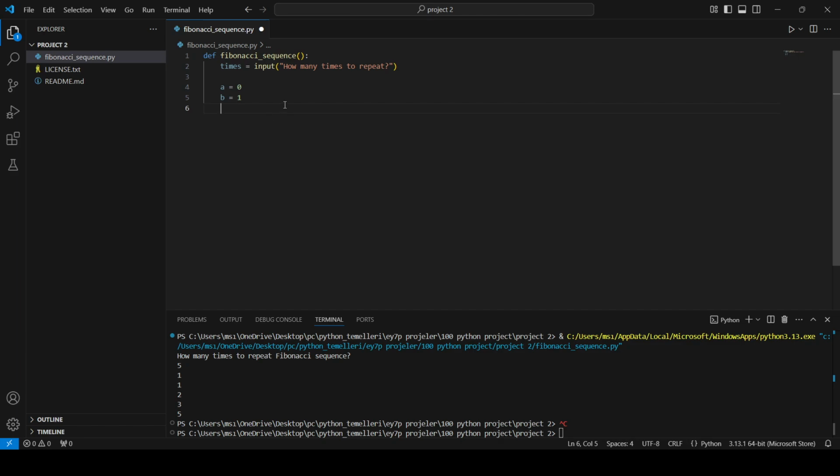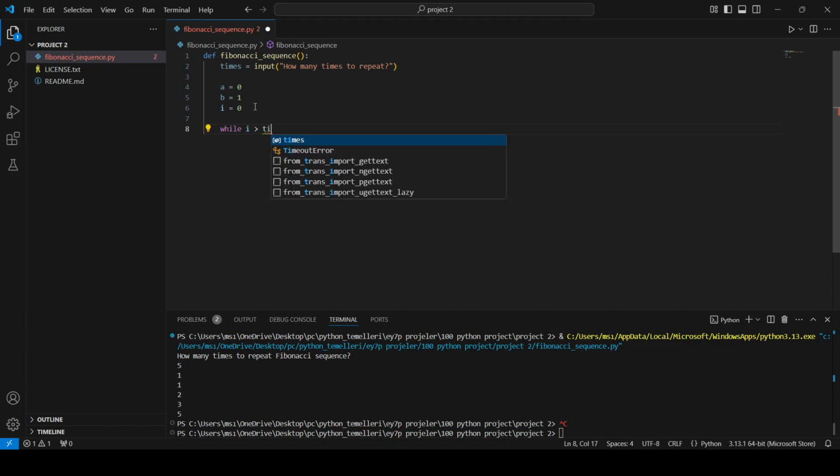if I'm... I need the third variable to check the times, check the steps, if I'm reaching the last step or not. So I will start it from 0 to... good. Now while e smaller than times,